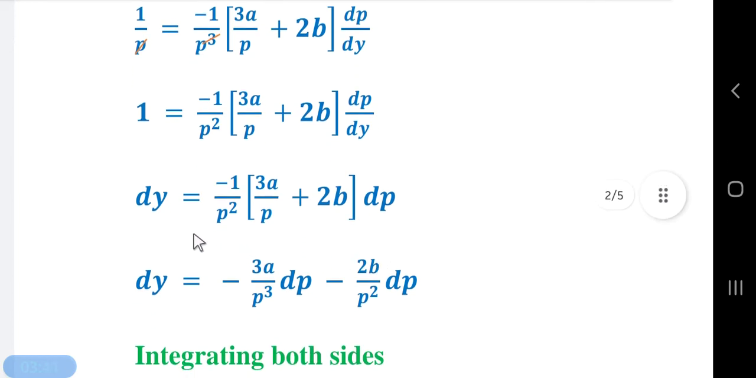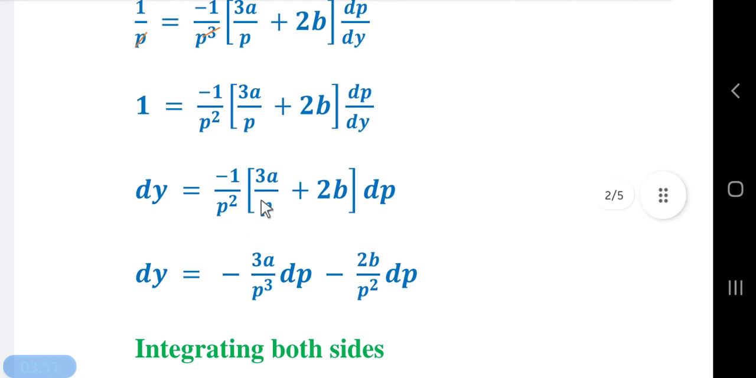Now we will have the y variable on the left hand side and the p variable on the right hand side. So we followed the variable separable method. Now we are going to integrate it. For that I break the brackets here. I bring the dp to the individual terms. So minus 3a by p cube dp and minus 1 into 2b, that is minus 2b, by p square, then dp. So integrating on both sides,